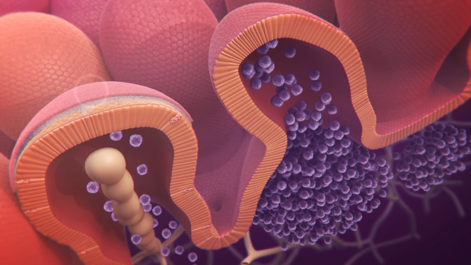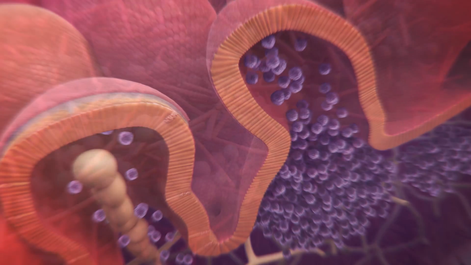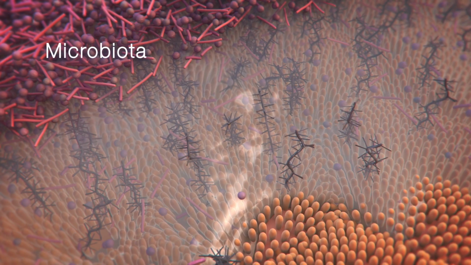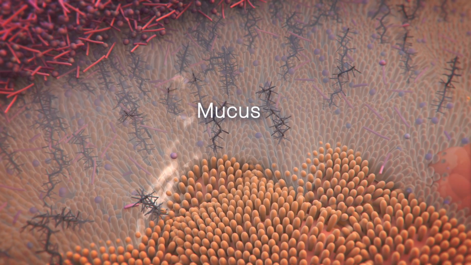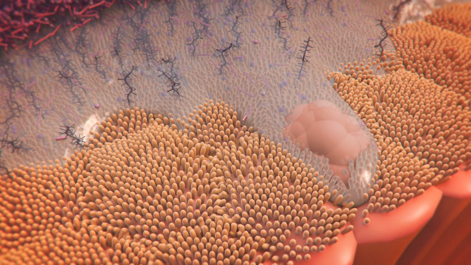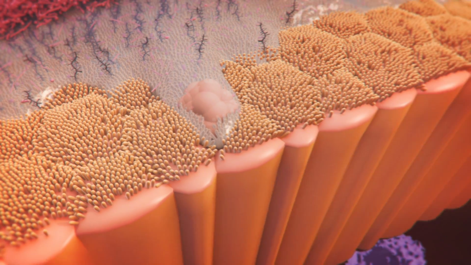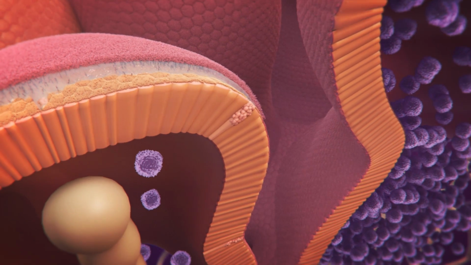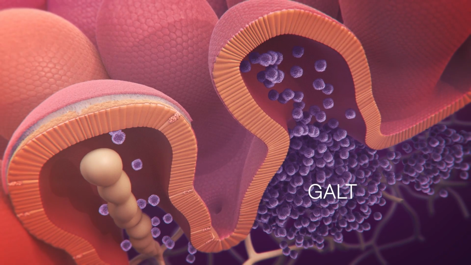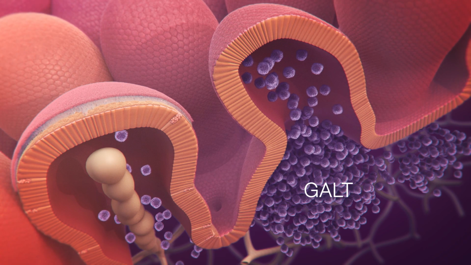There are 4 layers to the gut barrier. Each layer has a unique structure and contribution to barrier function. The microbiota, which serves as a microbial barrier, aids digestion and captures antigen in the lumen. The thin mucus layer contains proteins and defense factors that serve as a chemical barrier. The epithelium serves as a physical barrier while supporting nutrient absorption. And finally, the gut-associated lymphoid tissue in the lamina propria forms the immunological barrier. If antigen penetrates the other 3 barriers, this tissue activates an immune response to limit damage to the epithelium.